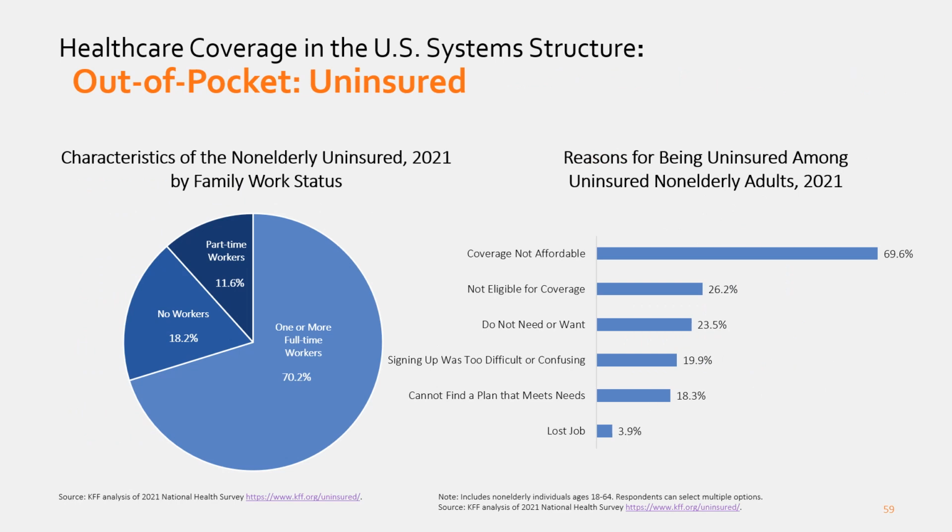Despite policy efforts to improve the affordability of coverage, cost still poses a major barrier to coverage for the uninsured, and many of the uninsured cite the high cost of insurance as the main reason they do not have coverage. In 2021, 69.6% of uninsured non-elderly adults said that they were uninsured because the cost of coverage was not affordable for them. Another reason people are uninsured